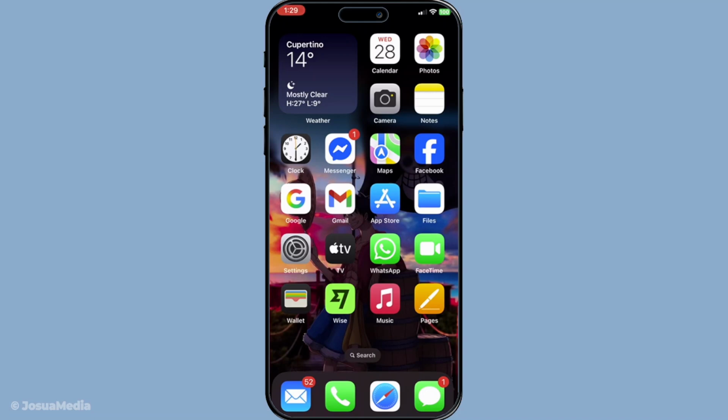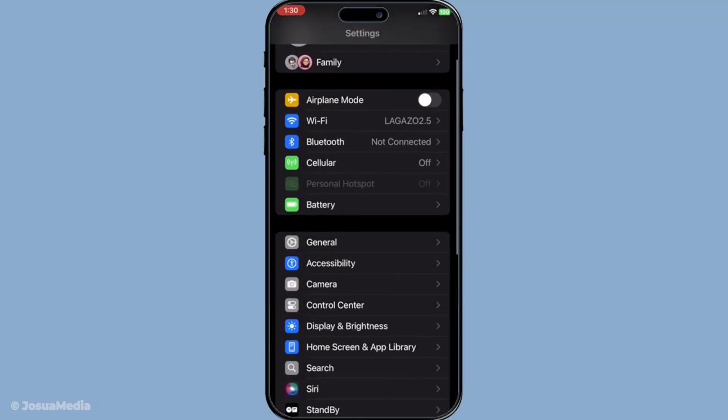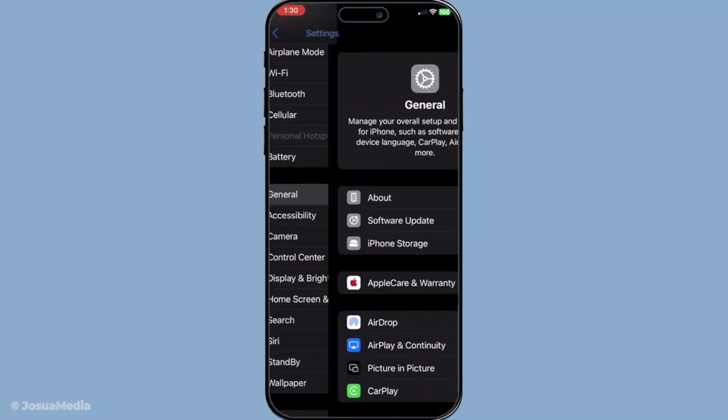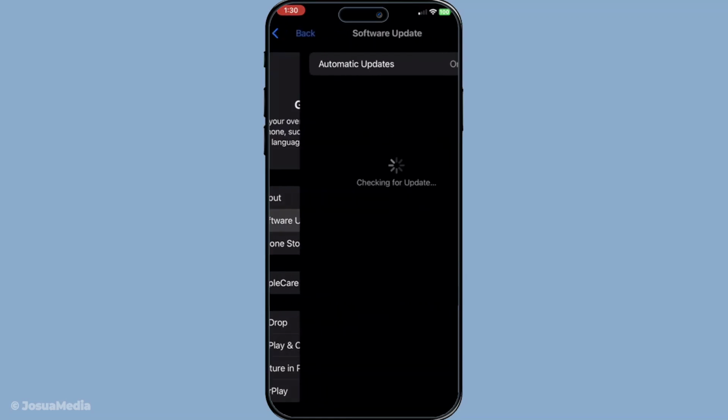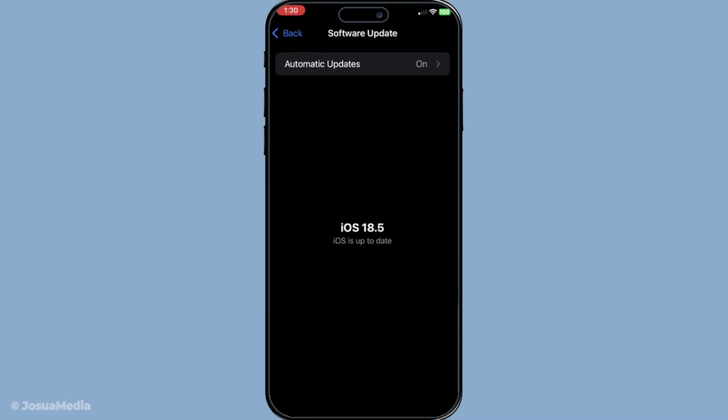Let's dive right in. First, it's crucial to ensure your device is running the latest iOS. New updates often bring improved compatibility and fixes for known issues, including those related to iCloud backups. To check for the latest iOS, head over to Settings on your device, then tap on General, followed by Software Update. If an update is available, make sure to install it. By doing so, you ensure that any older backups you're trying to restore have the necessary support from your device's